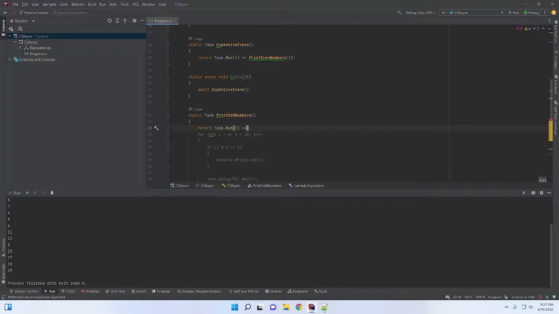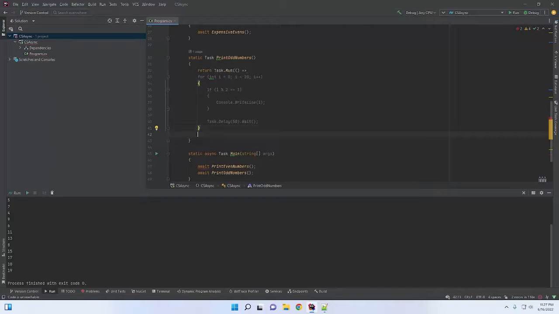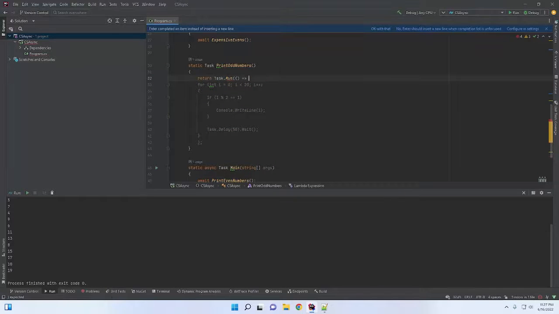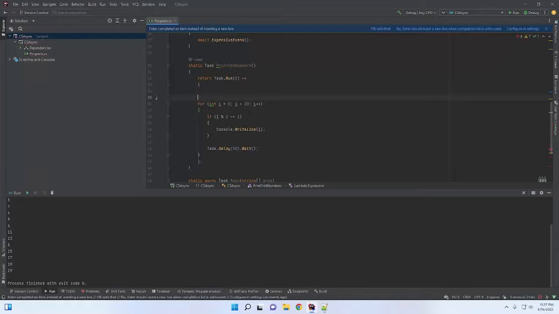And this closing parentheses will actually go at the end here. And we need to put a semicolon. So all of this will be in the lambda. So this is a lambda statement. And so we actually need to put a curly brace here and a closing curly brace here.